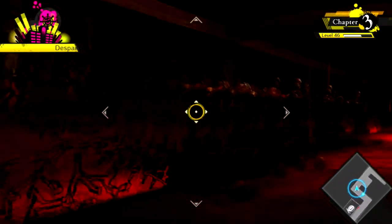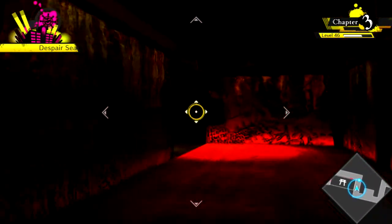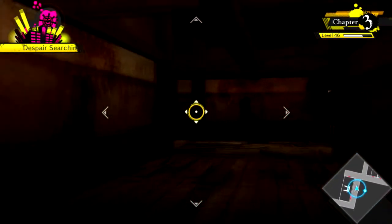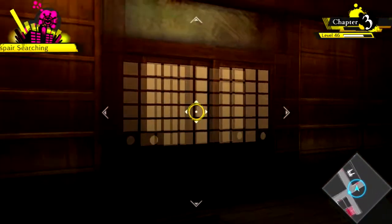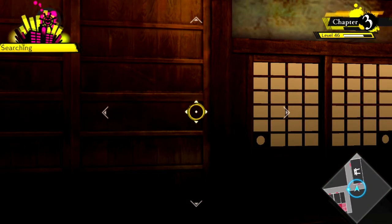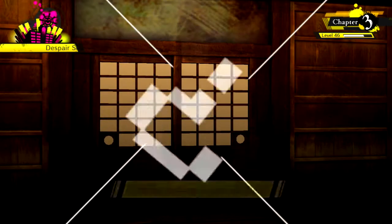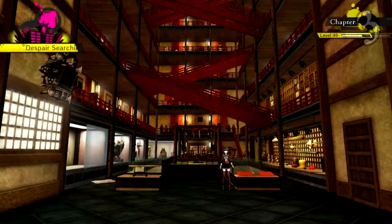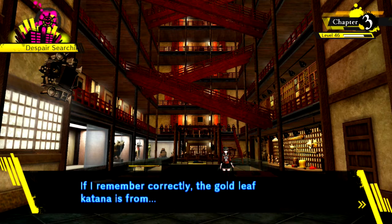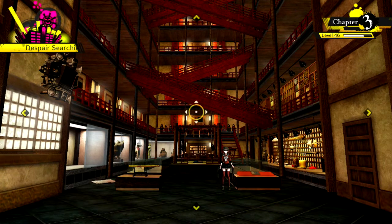The first thing that we're going to be doing is going to the Ultimate Anthropologist lab to see if there are any clues there, because as we saw in the crime scene, a katana that came from the Anthropologist lab is found there. So let's go ahead and enter the Ultimate Anthropologist lab. We're also going to head over to one of the empty rooms because Korekiyo is doing something there. So let's see what that's about. If I remember correctly, the gold leaf katana is from...